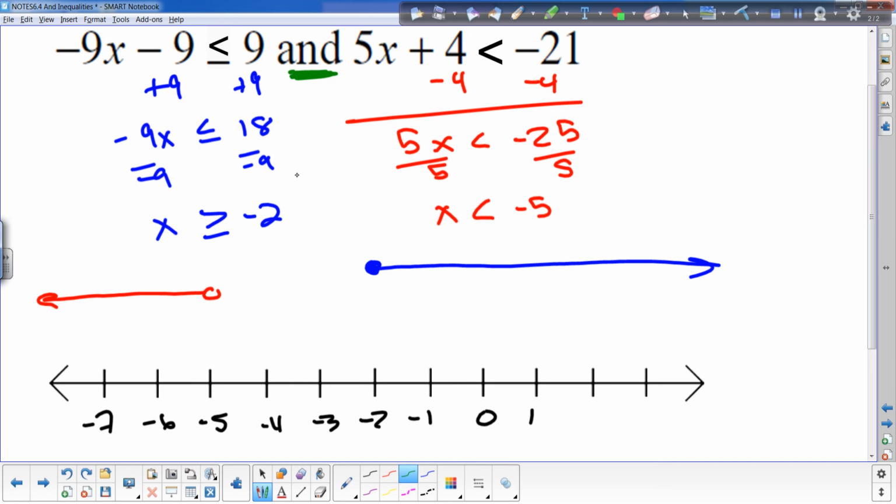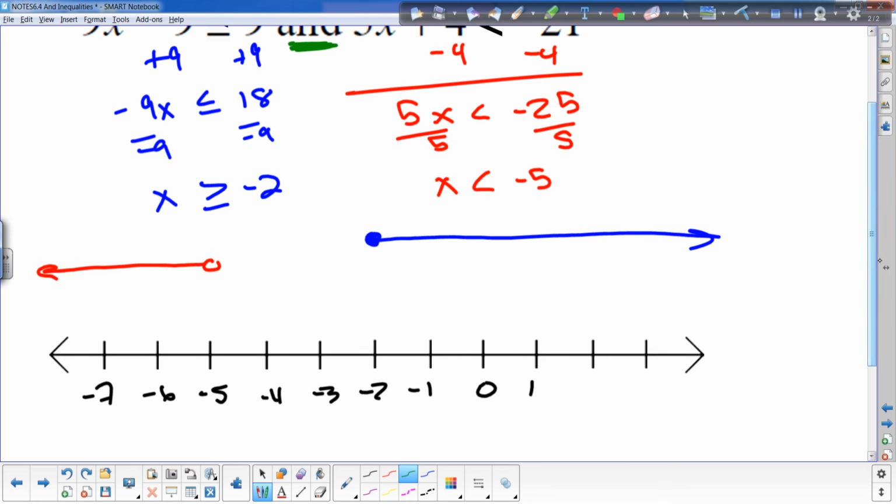What does "and" mean? Hopefully you can catch on to this. And means, where do the two sets overlap? Do these overlap at all? No, they don't. So therefore, if there is no overlap, then there is no solution. The answer to this is no